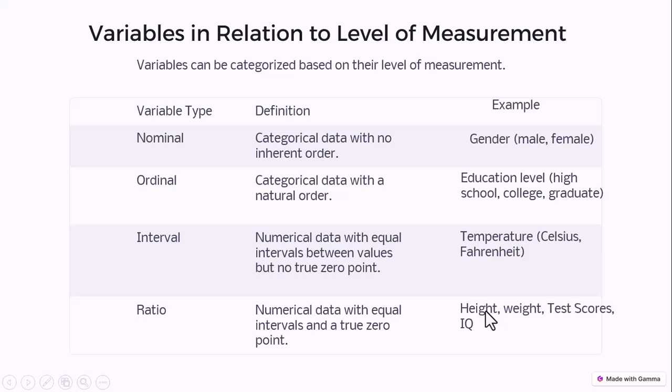If you have height, for instance, and height is zero, it means that thing did not exist. There's nothing to measure in height. You can measure it, it can be very negligible, maybe 0.01 or 0.1, but to have zero as a true value, it means that such a body did not exist. The same thing for weight. For test scores, a student scoring zero means he did not obtain anything in the test items. He didn't get any of the test items correct. The same thing for IQ.